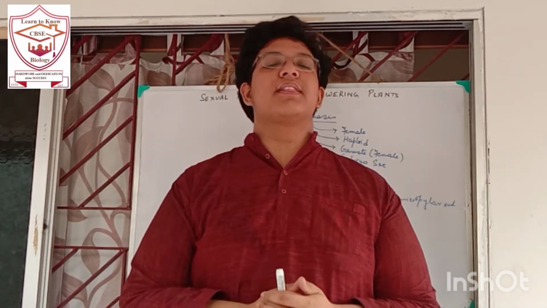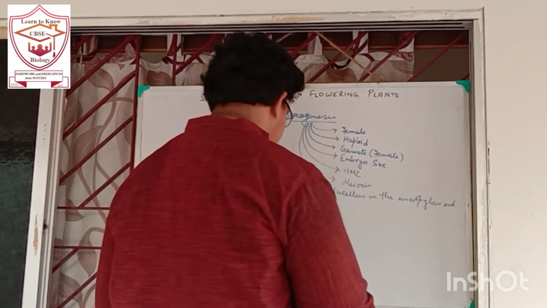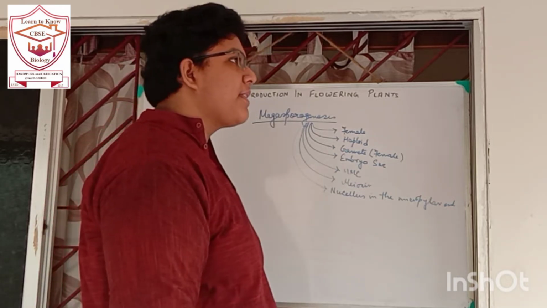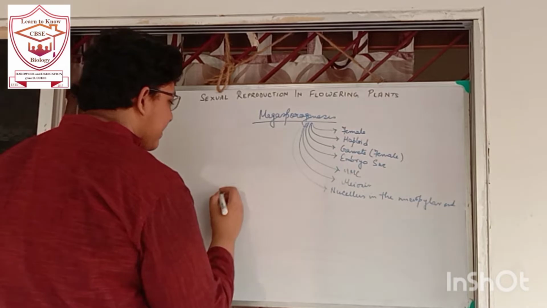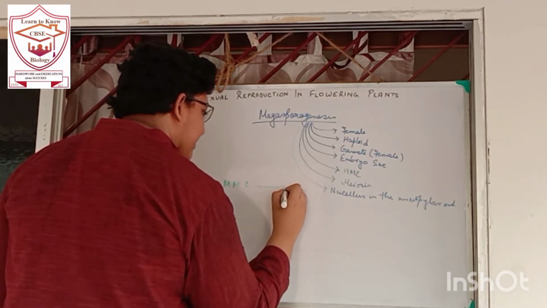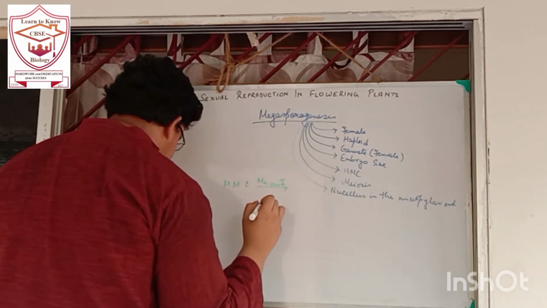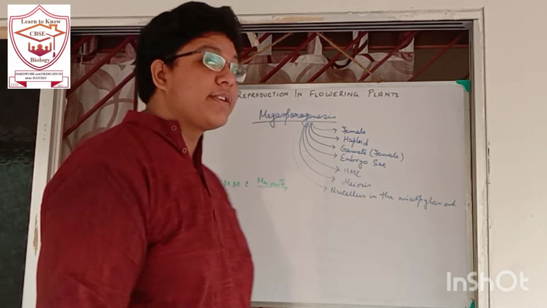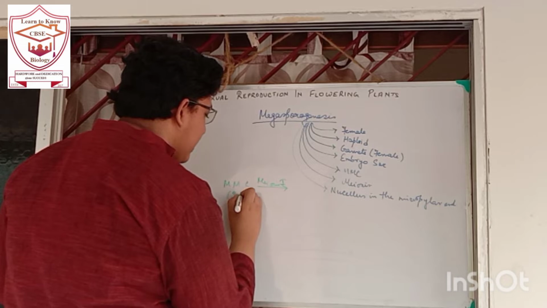Meiotic division is known as megasporogenesis. Now, just like microsporogenesis, there is a sequence of events that take place. First is the megaspore mother cell. The megaspore mother cell undergoes meiosis 1. Meiosis 1 is a reductional division. Net output is 2 cells. So the megaspore mother cell is 2n.